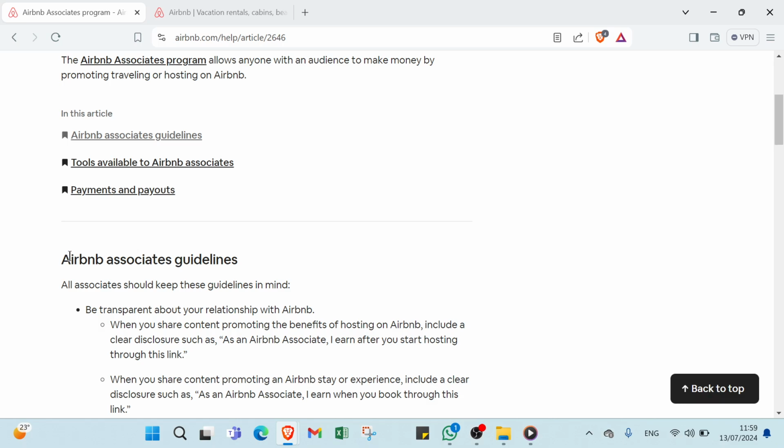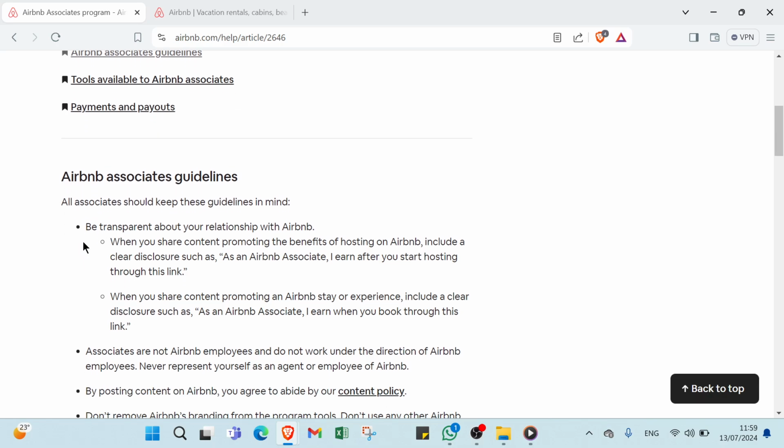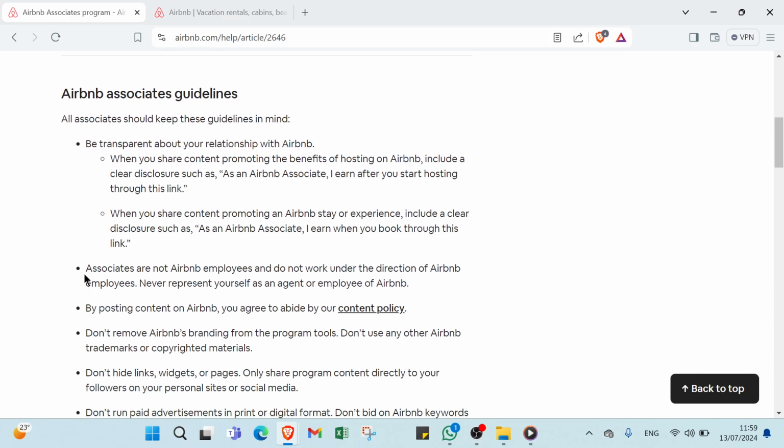Here we have the Airbnb Associates Guidelines. All associates should keep these guidelines in mind. So let's read them together to understand more. First, be transparent about your relationships with Airbnb. Secondly, associates are not Airbnb employees and do not work under the direction of Airbnb employees.